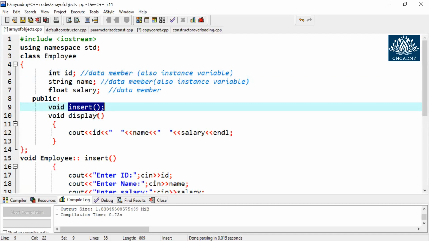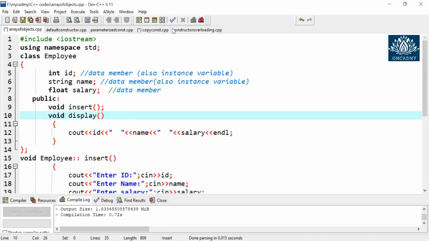Okay. So these functions are merely for input and output. Okay. No computation or any complex thing has been done in this program. It is a simple program with just an input and output to let you know the concept of array of objects. So we have created these 5 members, 3 data members and 2 member functions, where